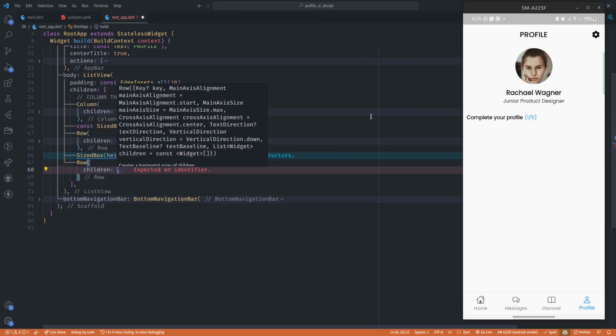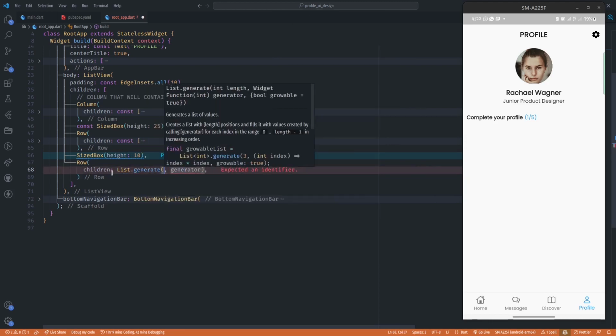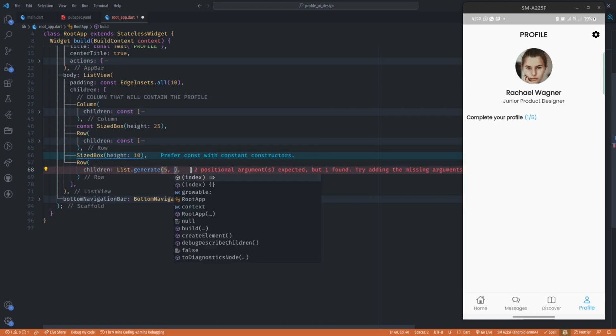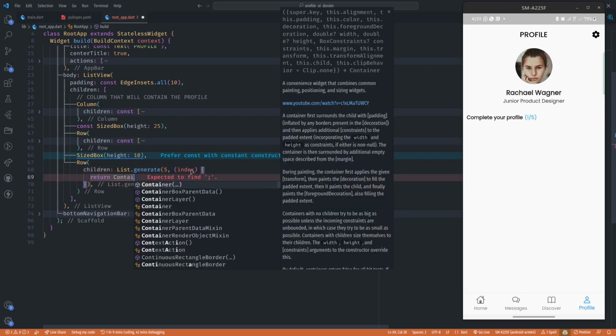Now the children is going to be a completion indicator, so those dashes that show if we have completed our profile. So in order to do that in a row, I'm going to use the List.generate function, and what that will do is it will loop over a particular length provided, and the generator will return something. So I'm going to pass in a value of 5, which is the number of times I want to loop, and the generator is a function which returns something, right? So for now we are going to return a container widget